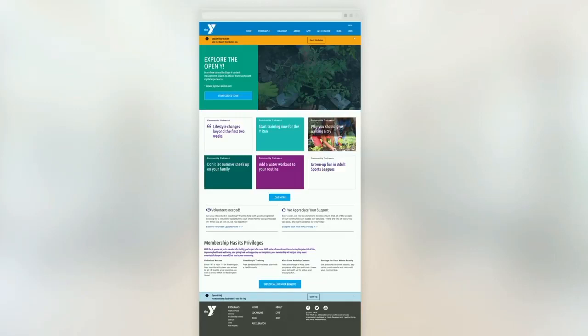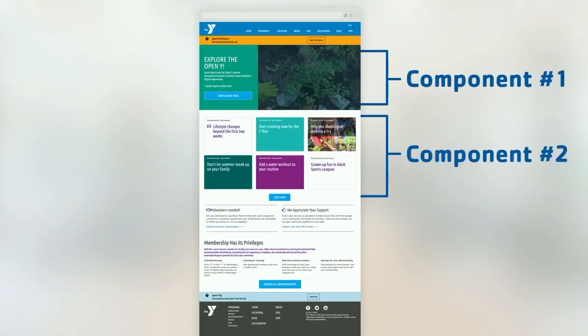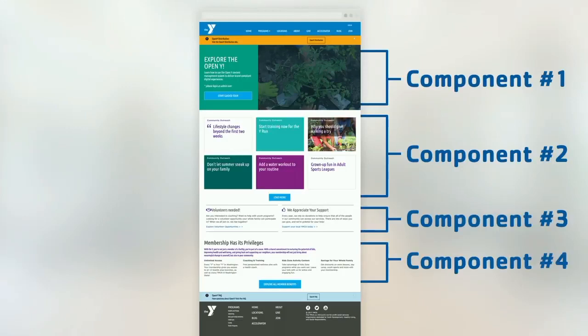So let's take a look at the basic landing page that we provide out of the box in OpenWeb. We have a few components. Component number one is just a banner with a call to action button. The second component is a dynamic list of blog posts that are added on the website and promoted to the homepage. Then we have a few more components that are static: static content, titles, labels, and different columns.